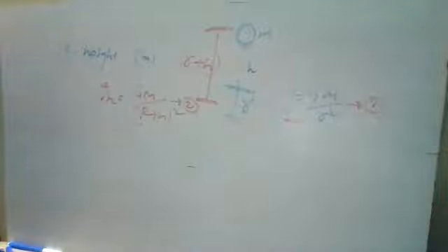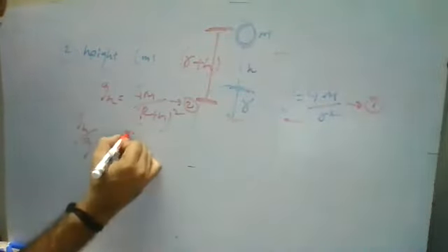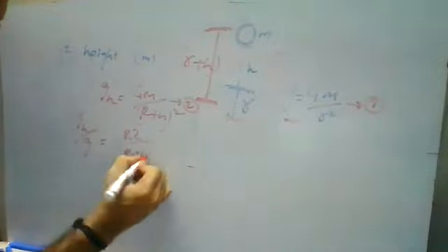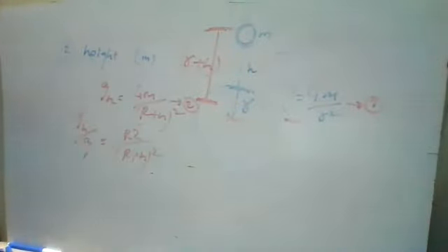Now, from these two relations, we are going to find the ratio between gh and g. gh is the acceleration due to gravity at a particular height, and g is the value on the surface. We take the ratio of these two. gh by g is equal to R square by (R plus h) whole square. So this is your relation.